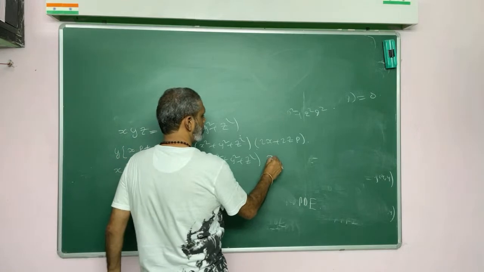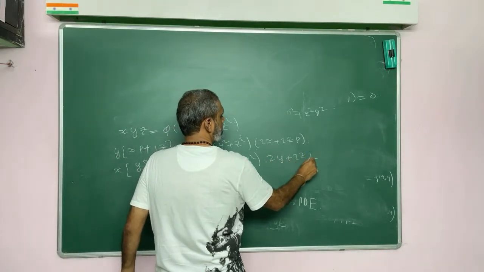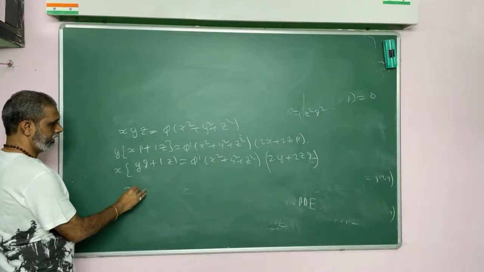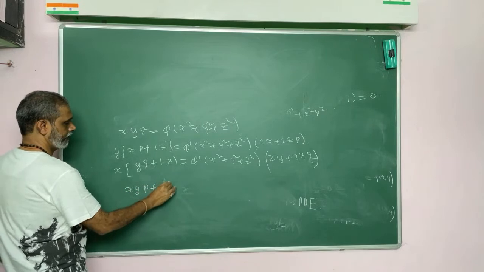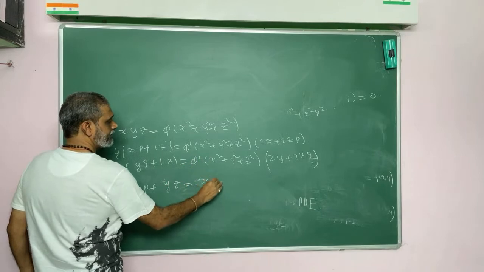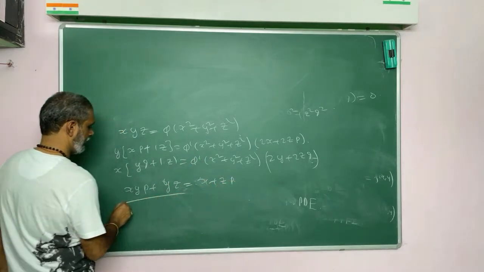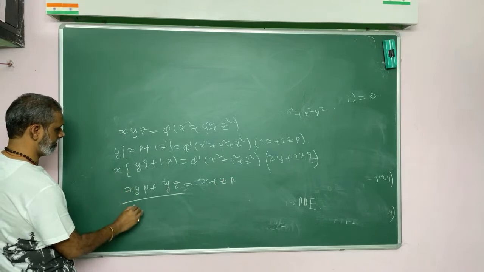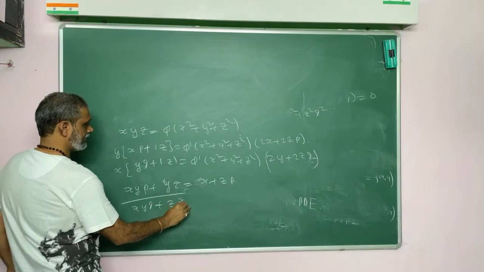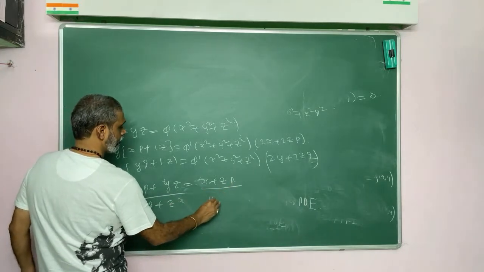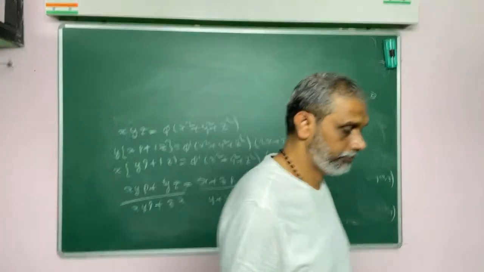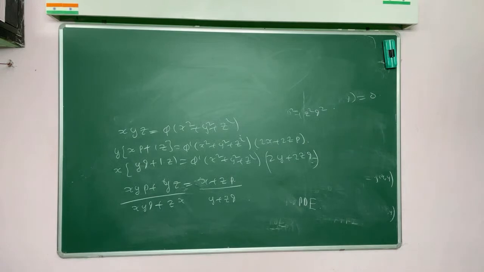Then what will you get? 2y plus 2zq. Then divide one by the other. So what will you get actually here? Xyp plus yz is equal to, this will cancel. So what will you have? X plus zp divided by, this is xyp plus yz, this is xyq plus zx, by y plus zq. So if you simplify,